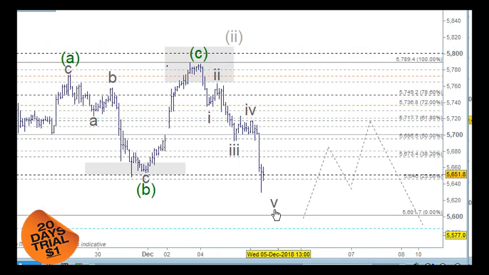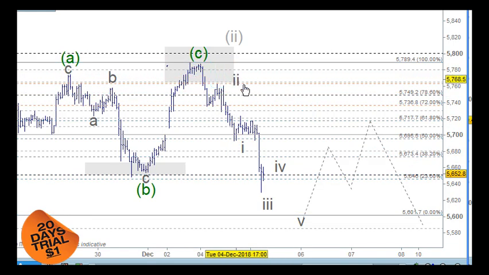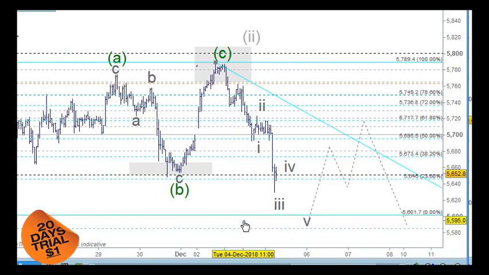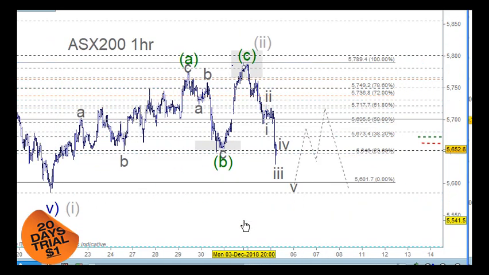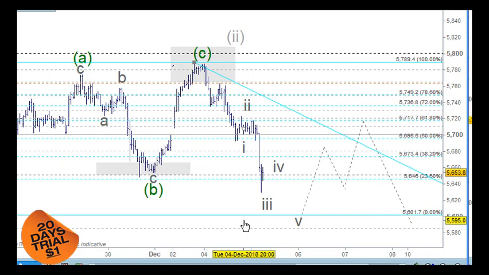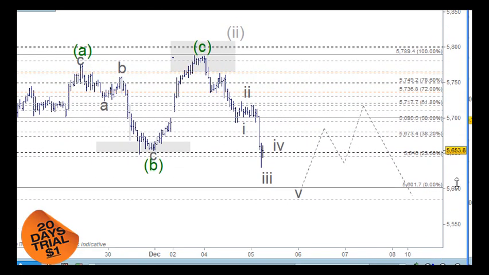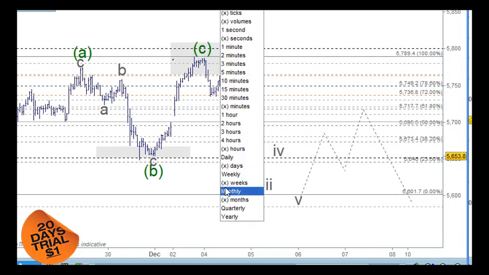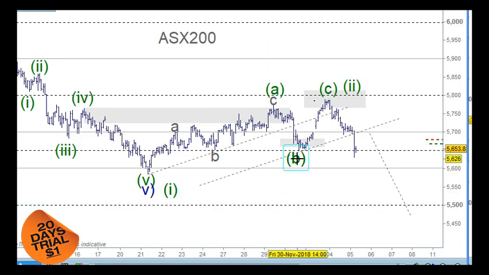So I don't think this is actually labeled the way that I've got it here as wave 1 and 2 and 3 and 4 and 5. So I don't think that's the case. So I think that we need to rearrange this a little bit here. So bringing this down to here, and we would need to look at, in fact, let's just go to the 2-hour chart here where it will be a little bit easier here.